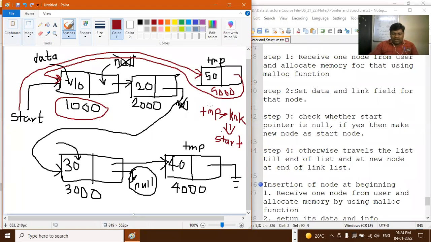मग आता नेक्स्ट काय करावं लागेल आपल्याला, व्हॉट यू नीड टू डू, Start equal to 5000. And start is equal to 5000. Now how to assign this start is equal to 5000? What to write here? Start is equal to what? What should I write here? Can I write like this? Temp, temp of T. Start is equal to temp. Yes? Yes or no? Either temp लिहिलं. What is the value of temp?